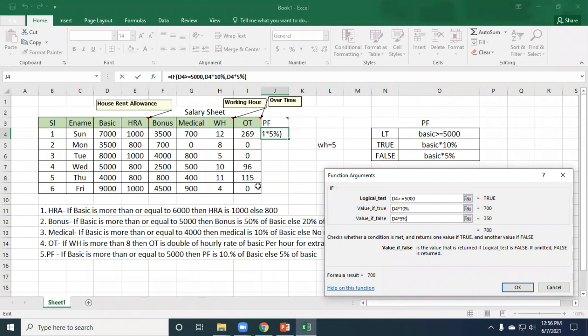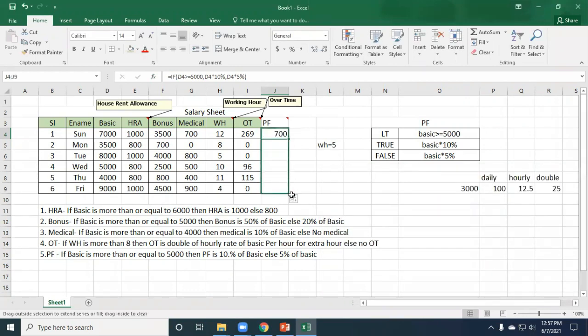Now, if there are two conditions, see for example, if joining date is there, if length of service is more than 5, that is a different condition. We can find it out using AND. In our next lecture, we will see how to use the AND function also. Here we are just simply using IF functions.